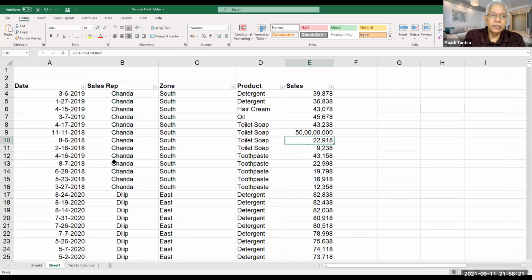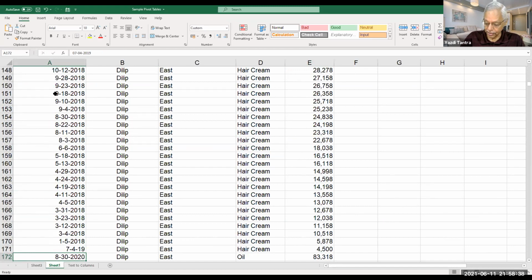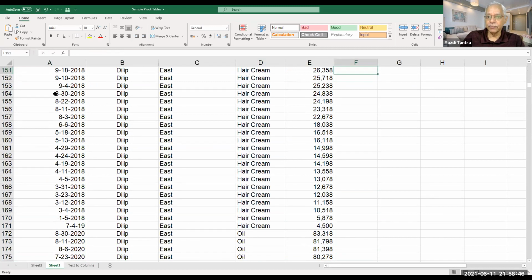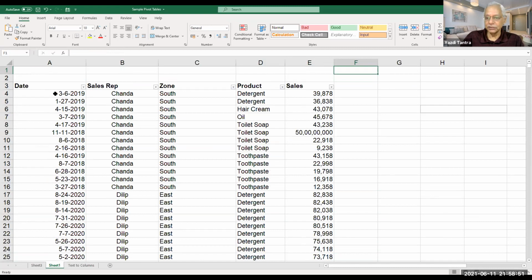But most important in all these cases, wherever you want Excel to be intelligent, you also need to be intelligent. In the sense, your data has to be contiguous. There should be no gaps, otherwise it will get confused. So there should be no gaps either in the rows or in the columns. The minute you put something different or give a gap, then you are gone. That is the most important thing that you must understand as far as pivot tables are concerned.